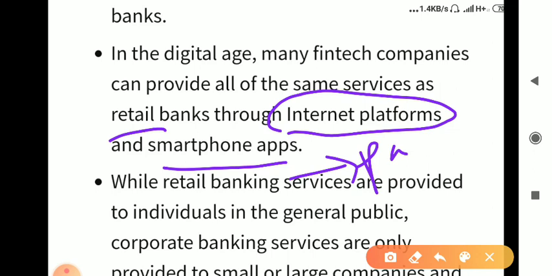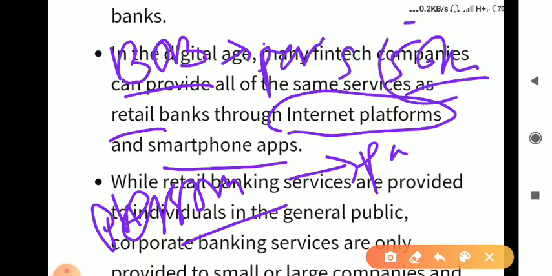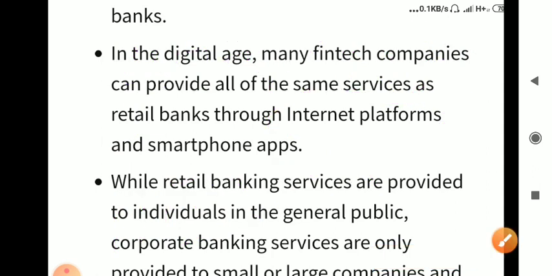Now they are online also, and customers are getting personal loans, right? All the banks like BOB and some other banks have the facility in their apps also. You can avail a personal loan facility up to 50,000, right? It depends on your transactions. So these are the facilities that smartphone and internet platforms are now providing for retail banks.